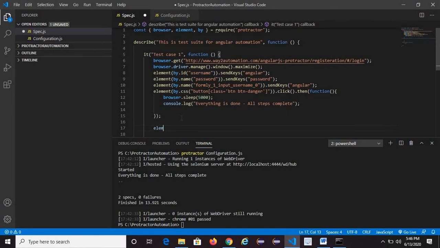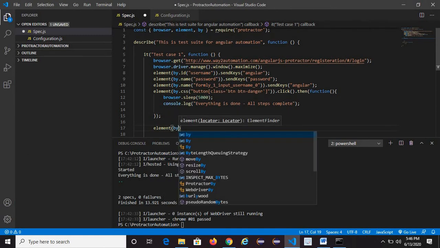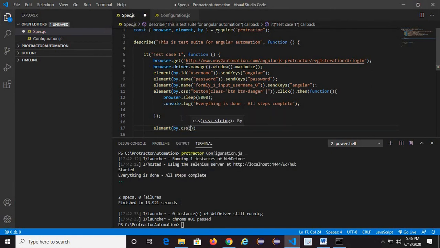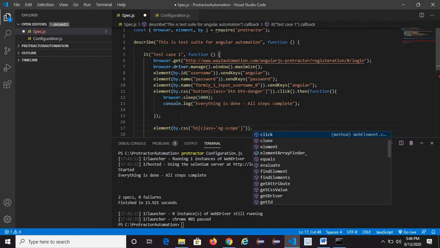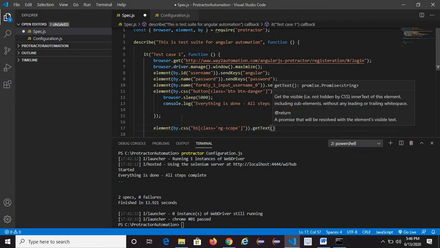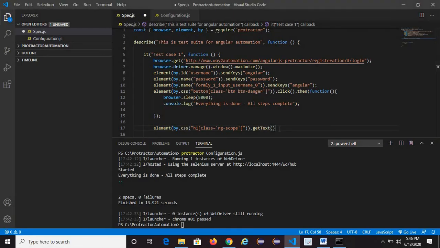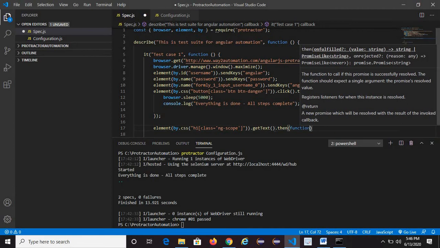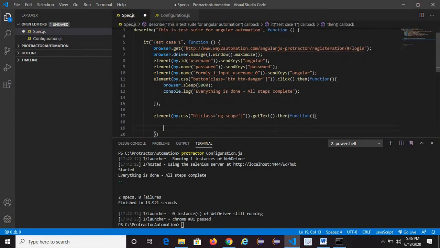Okay, what I will do, element by dot CSS, I will paste here, dot what I want, getText. So to get a text from a field, for that we need to use the getText method. So it is similar to what we use in Selenium. Then we have to use the then function,